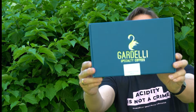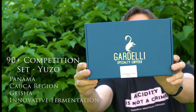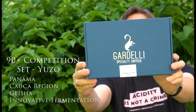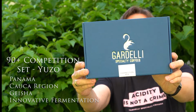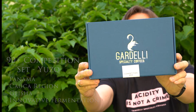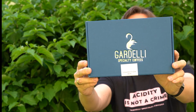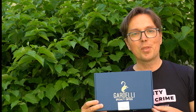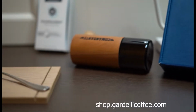Let us brew coffee from Panama together. This is our 90+ competition set, including Yuzo, Ubo, Ruby, all from 90+ coffees. The variety is geisha and the fermentation is innovative. So for more details on all 3 of these coffees, please visit our web shop. Let us now brew